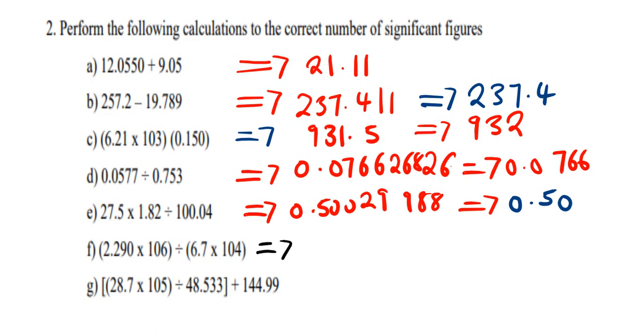That is 10 to the power 2.29. So you open your brackets first. 2.29, 0 times 10, that is to the power 6. You close the bracket, you put your division sign,